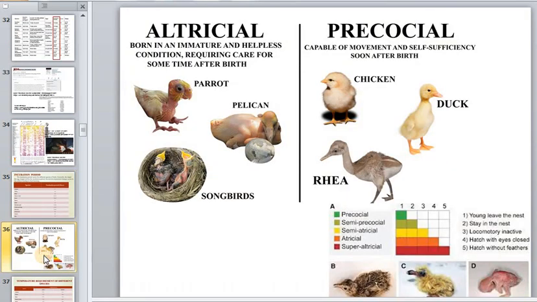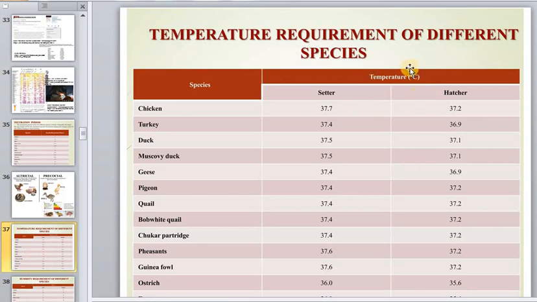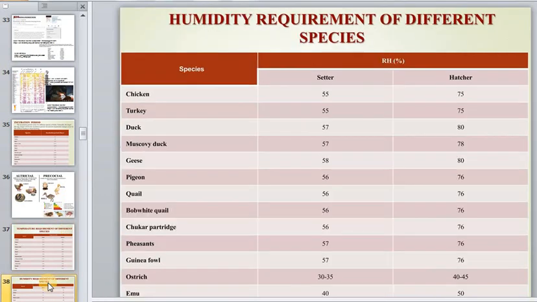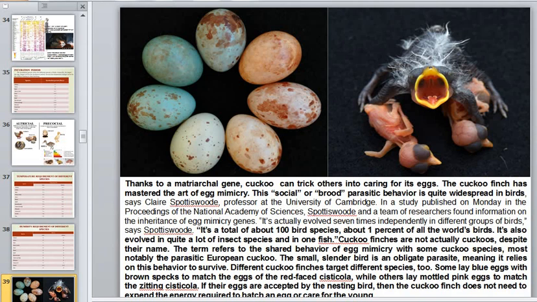And this lets you know it all depends on the type of embryo and newborn, heterochell, precocial, and of course temperature and humidity are important, and we will talk about this. Here this is the temperature rate and temperature for some species, and here this humidity and different species. We'll talk about these parameters a little bit later.